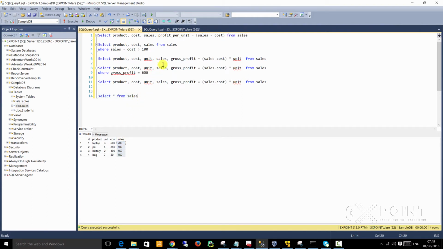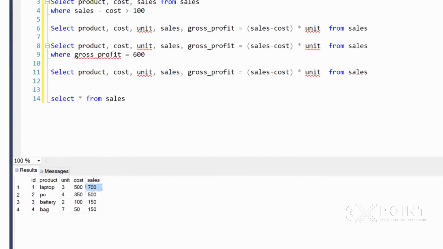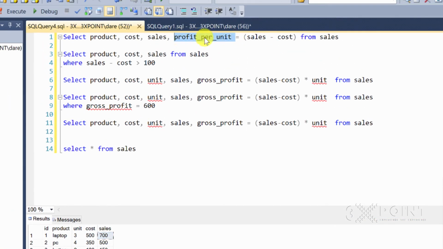If you wanted to calculate how much profit you make on each of these laptops, for example, it cost 500 to make it, and it was sold for 700. Don't regard any currency right now, we're just trying to demonstrate this. So if you wanted to calculate the profit per unit,